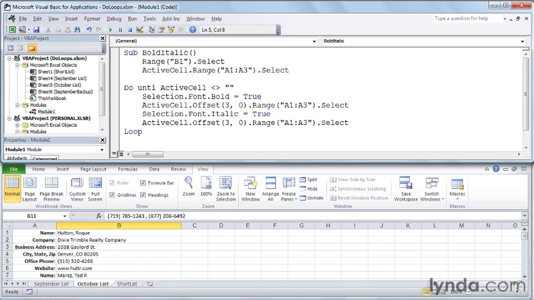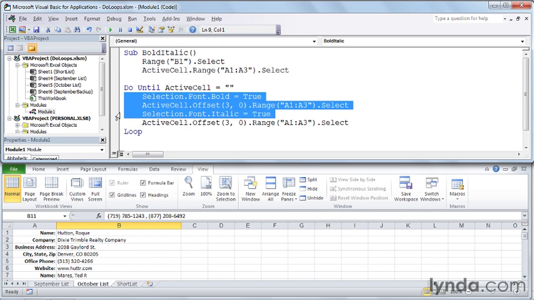So how do we want to say this now? We want to take these actions until the active cell equals empty. And I think for many people, that's a lot clearer. So this would be a better construction than the one we just saw. Do all of these actions until you see the word loop. Keep doing these over and over and over again until the active cell is